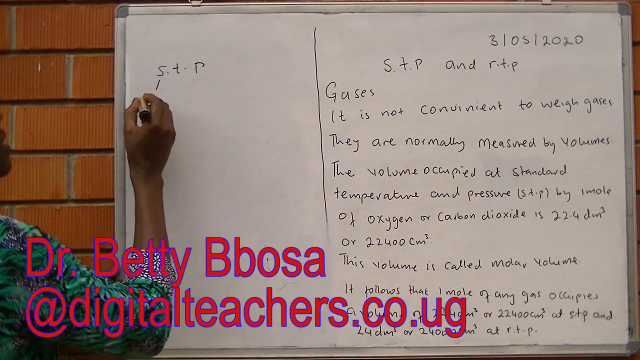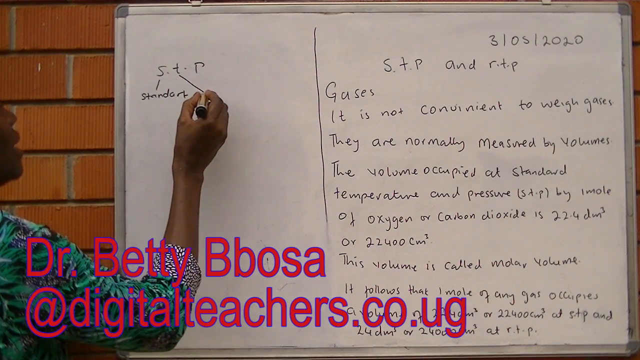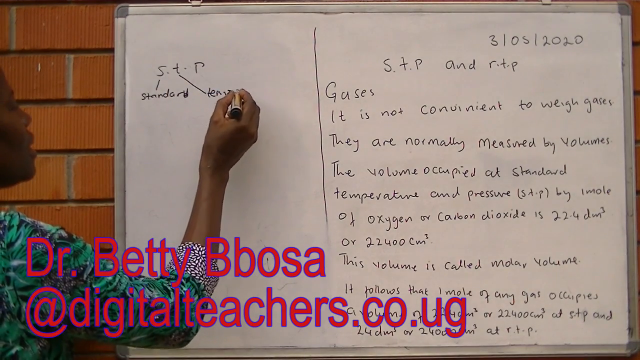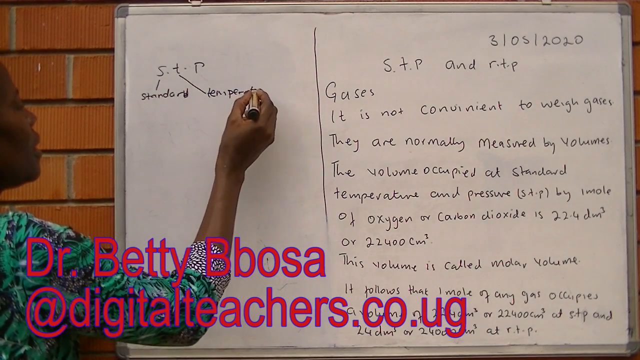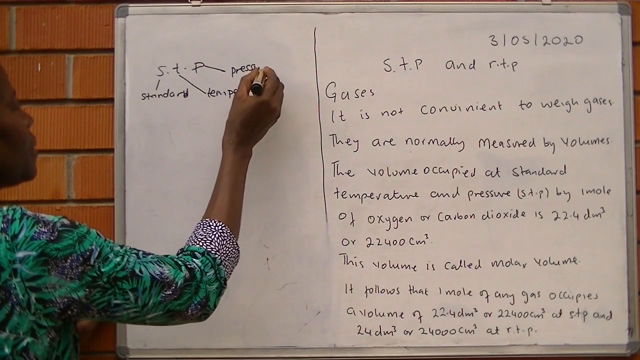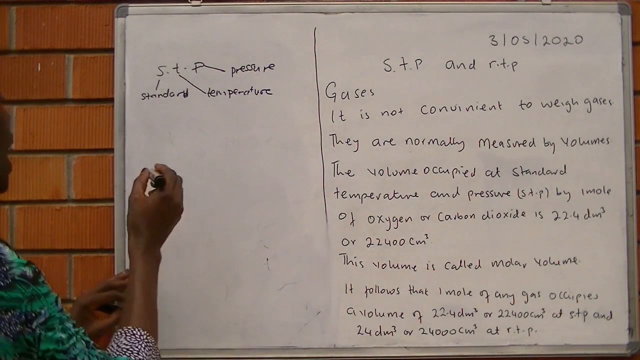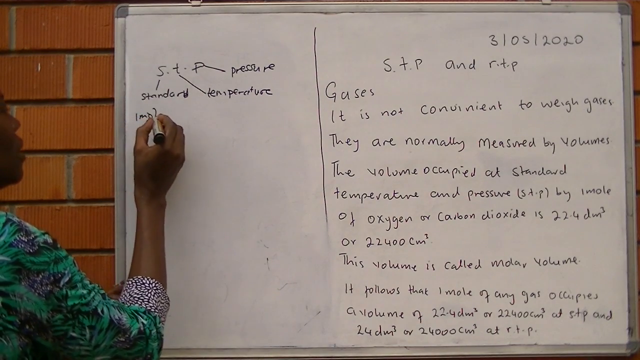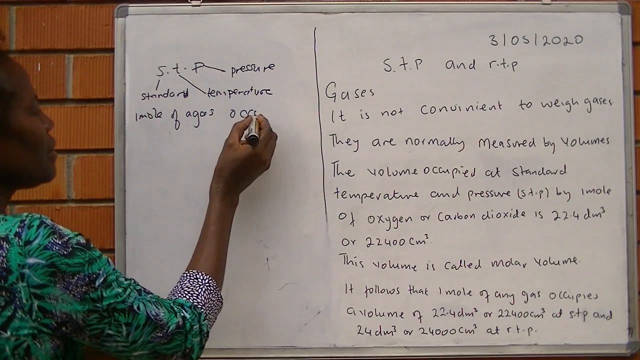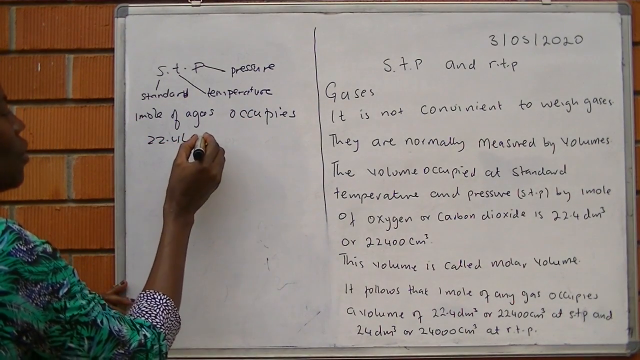STP means standard temperature and pressure. T stands for temperature and P for pressure. It was found out that 1 mole of any gas occupies 22.4 liters or